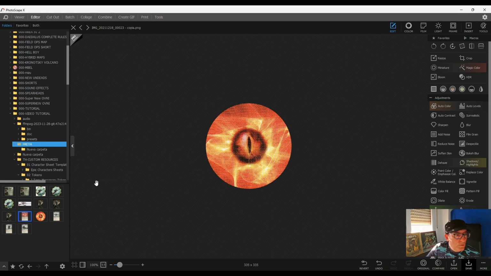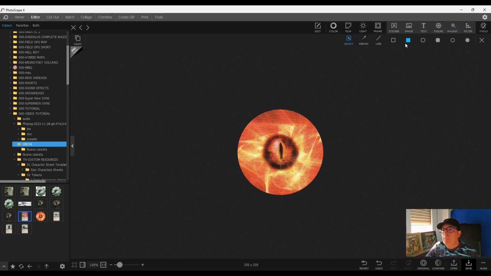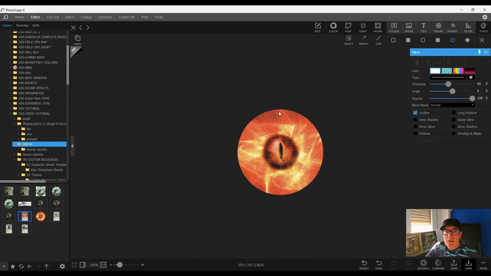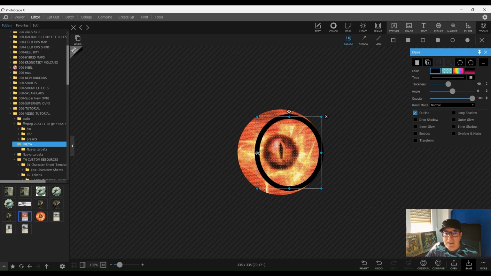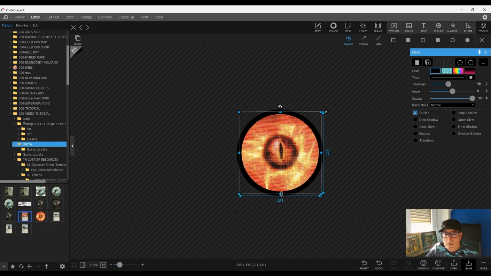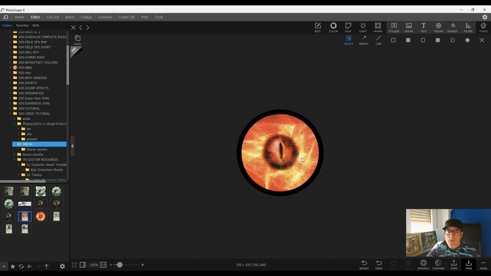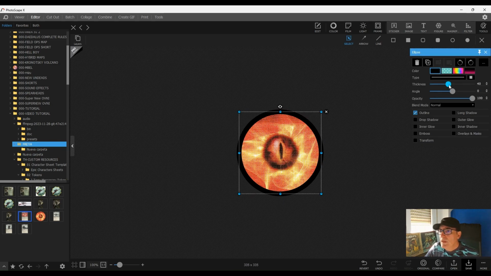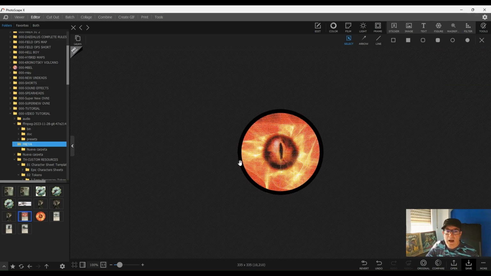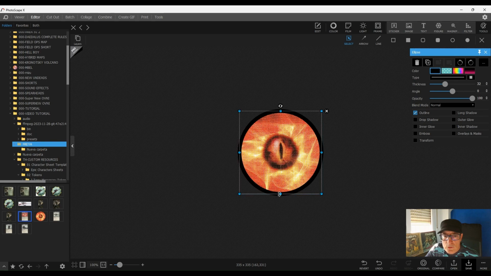Now we are going to create the token with the border. So for that, we could simply insert, for instance, this will change the color, and we can add a circle, and this way we have it. Now we can reduce the thickness. Okay, this could be an option. Another option could be